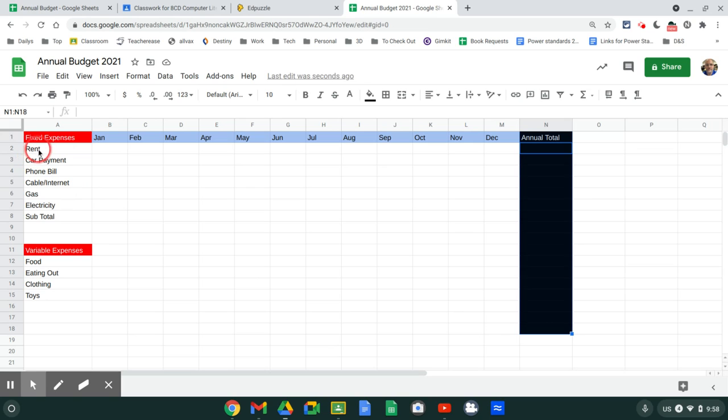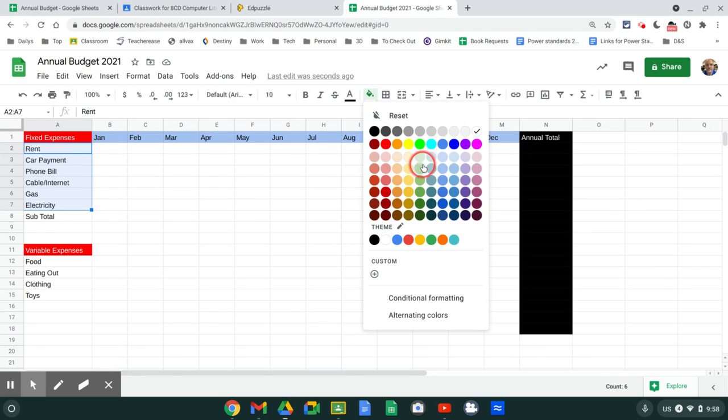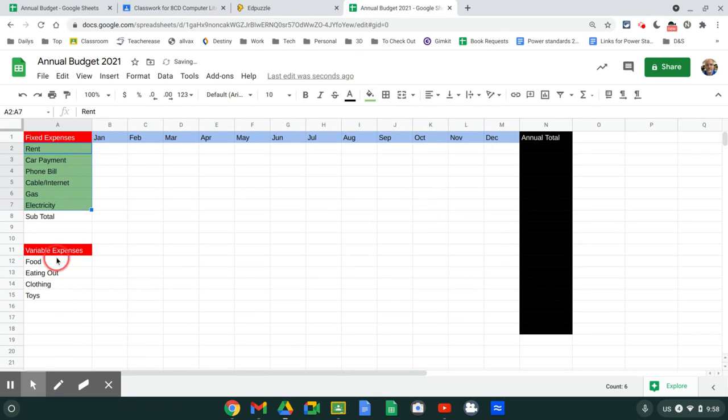And let's make these basic expenses, our fixed expenses, we're going to make those all green. Fill color of a green. So pick one of these kind of lighter green ones. We don't need to go with the real dark. And we'll make these over here